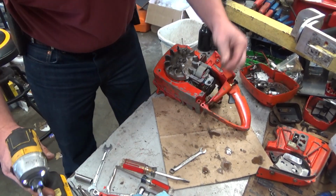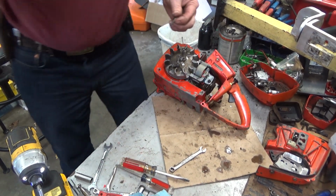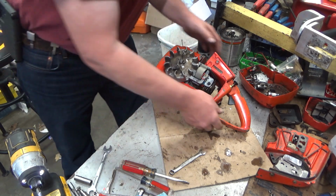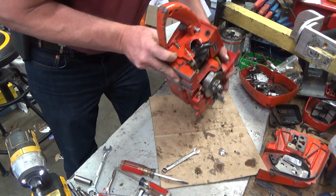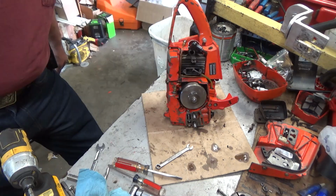Gotta get that out of the way. That would make it impossible to mount up. That's what's left of that old mounting tab. Alright. So that should roll into place. Now we're going to get this outer one, which should be...